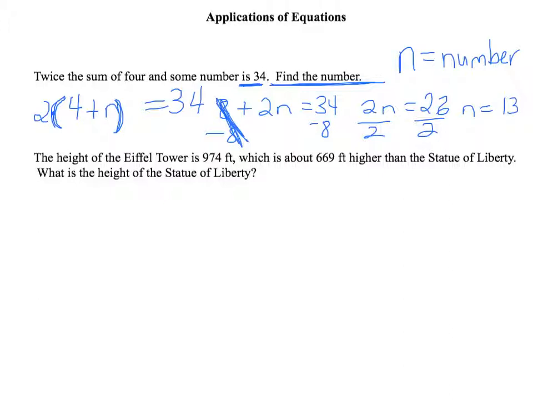So sometimes the solution to the equation isn't actually our answer to the problem. So we always have to go back to the problem and see what it actually asks. Here it says find the number. The number we said was represented by n. So in this case, the solution is the answer to the problem, and n equals 13 is my answer. All right, if we look at the next one,